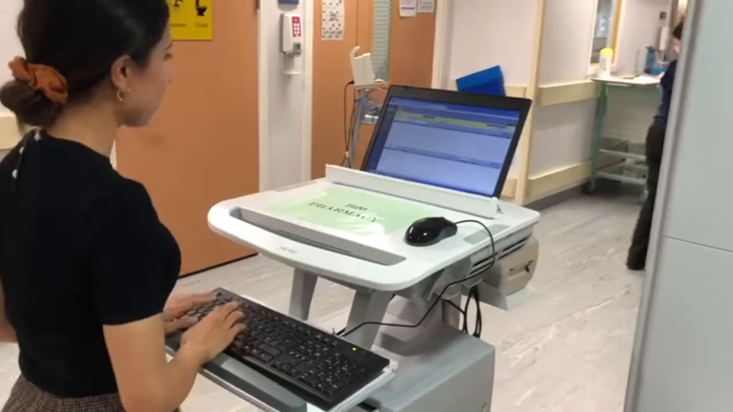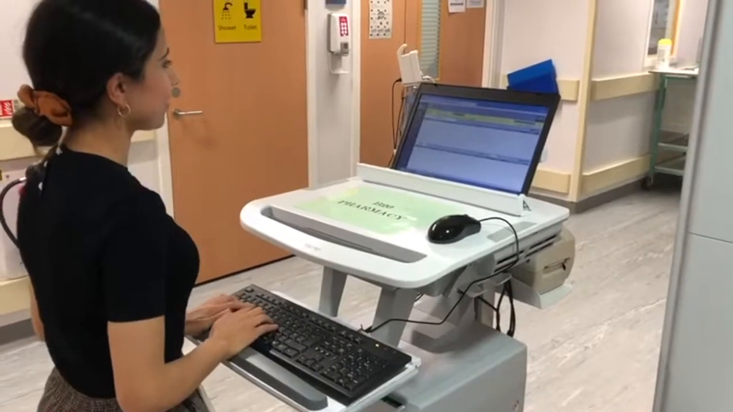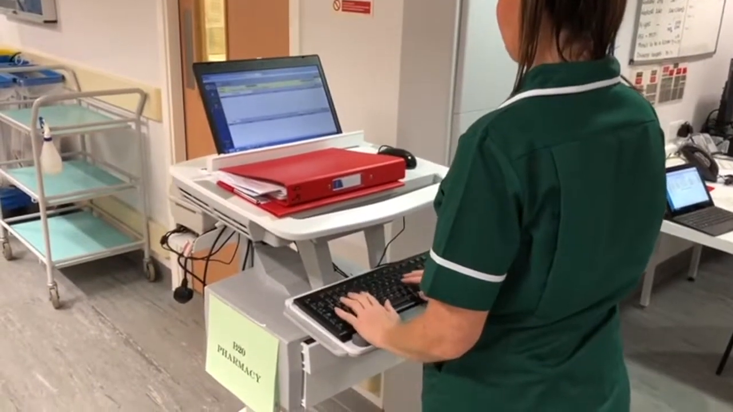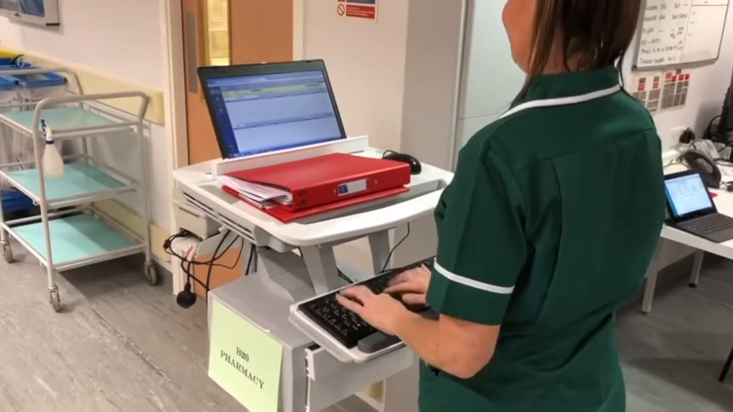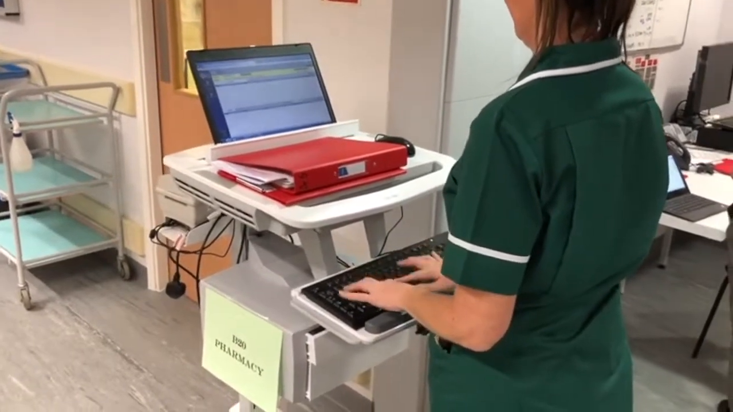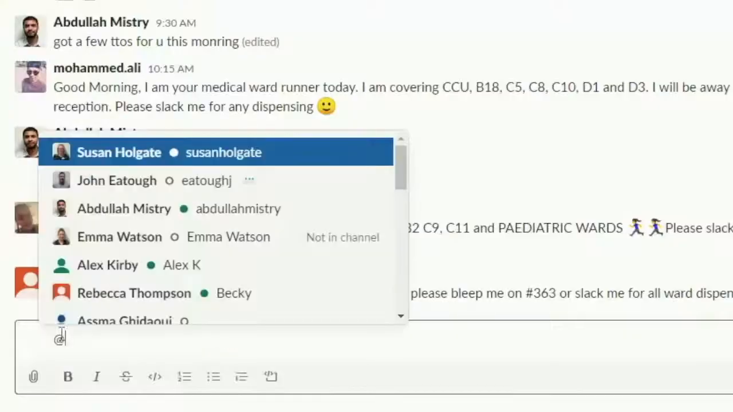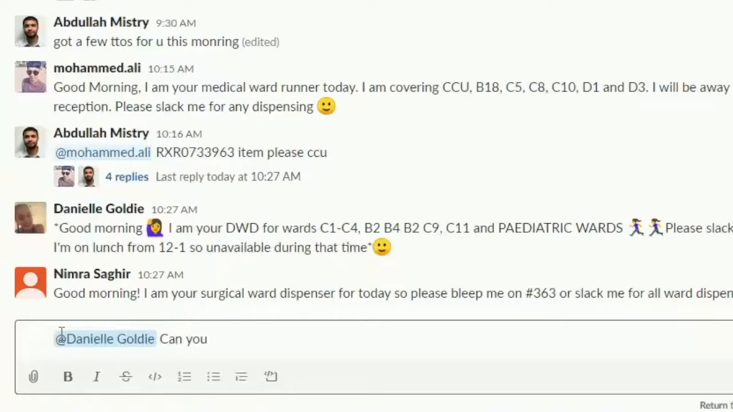On the wards, pharmacists and technicians will ensure discharge letters are created with the right information about medicines to ensure a safe transfer of care when our patients leave hospital. Once a letter has been finalised and then authorised by a pharmacist, they will either send a Slack message to